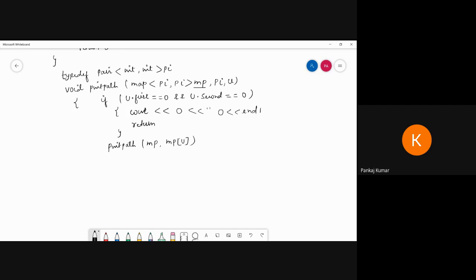Okay, so whatever is stored, then again we have to put cout, and we are going to write u.first, and here we have to write u.second. Okay, u.first and u.second, and that's the end. Okay, and close this one. So this line is for printing the path. So for this purpose I can create a map where we can store the data.